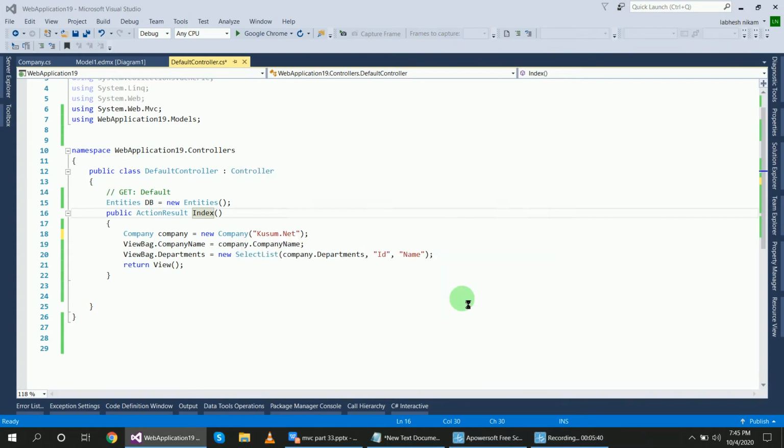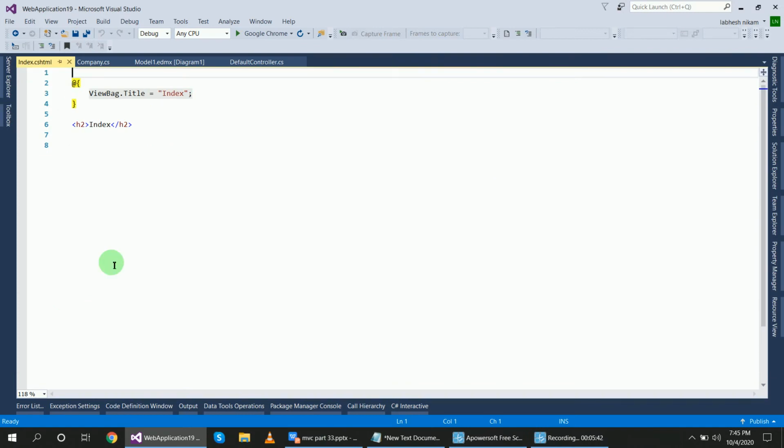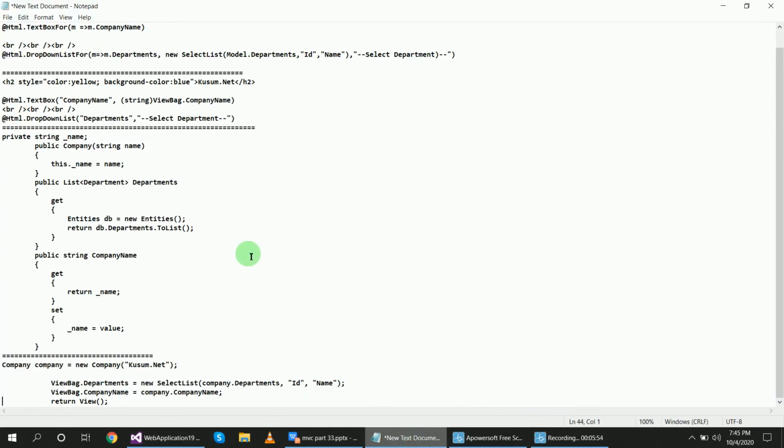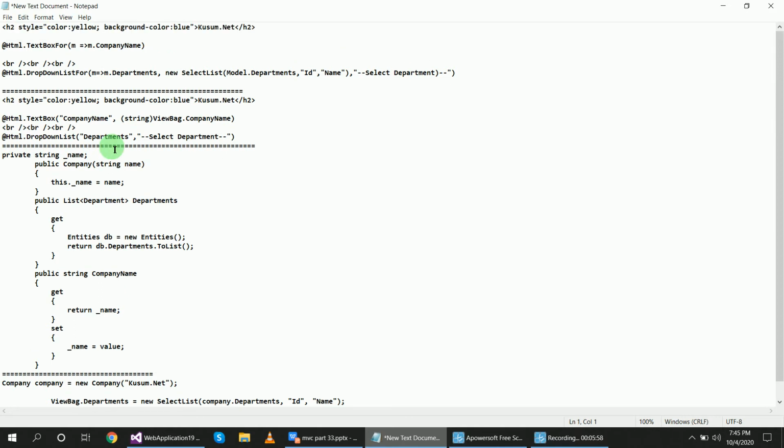So there is no model required for this. Now I will generate the text boxes I have already created. Please see here, I will paste that.